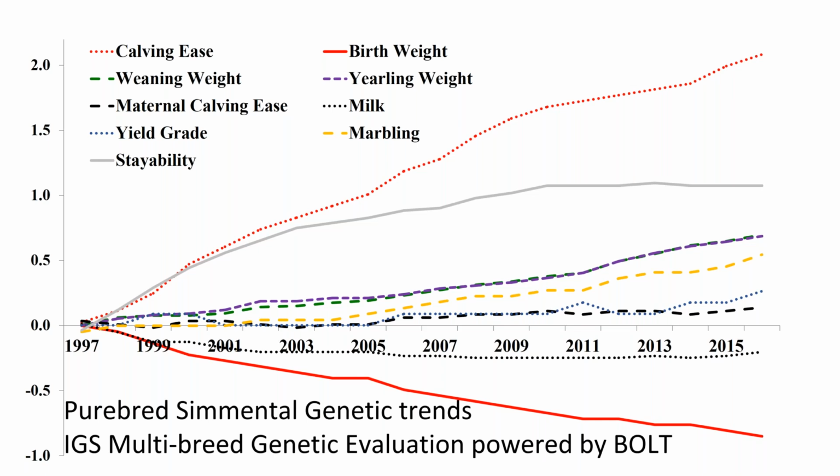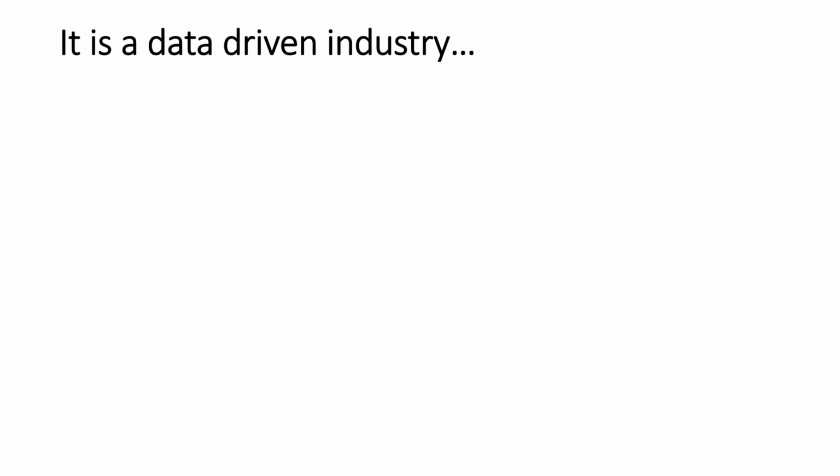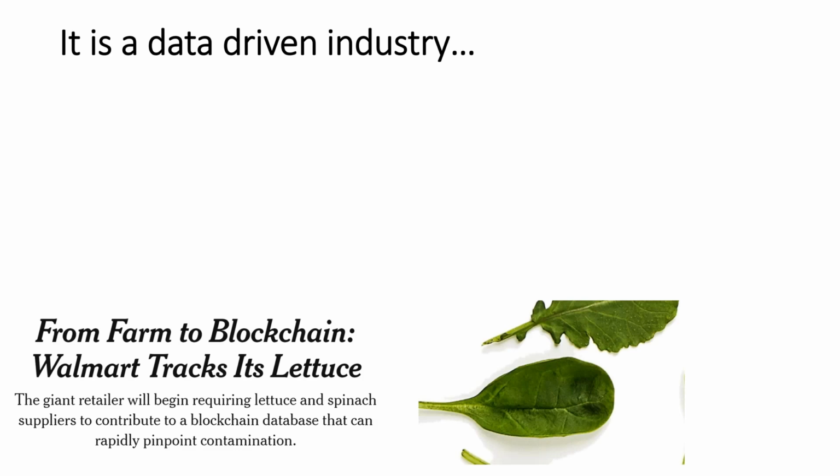So I bring all that up because this is what good genetics can do for you in your ranch, and that's why we work in this big effort through this side of the business we call IGS. Now, if we believe it to be a data-driven industry, and it is, let's talk about some crazy data things you all, to be honest, probably understand and appreciate better than most, certainly than I do, and also